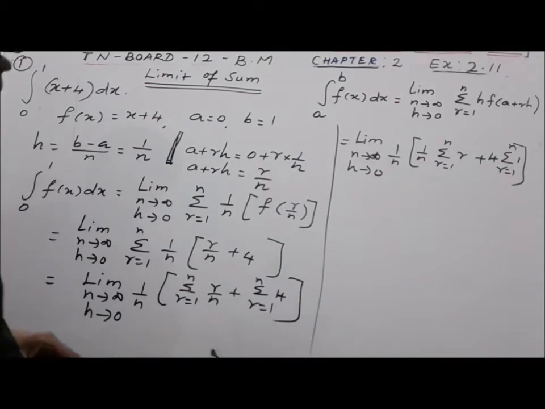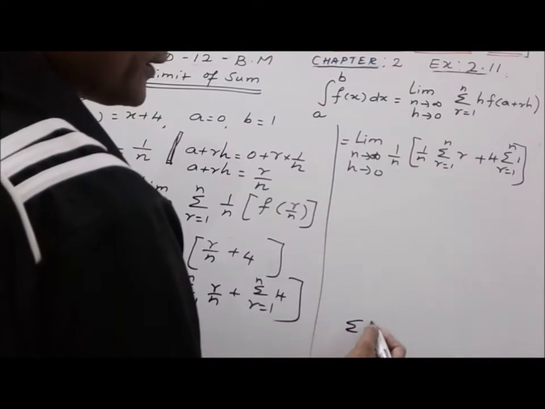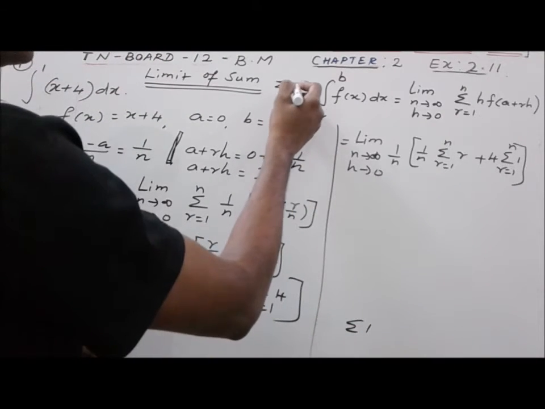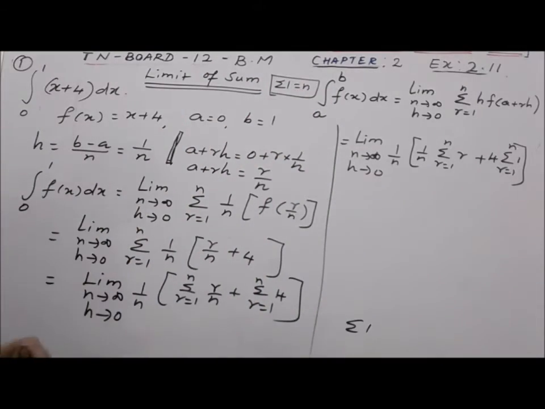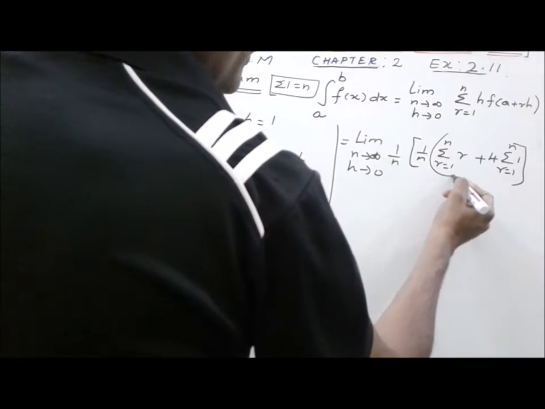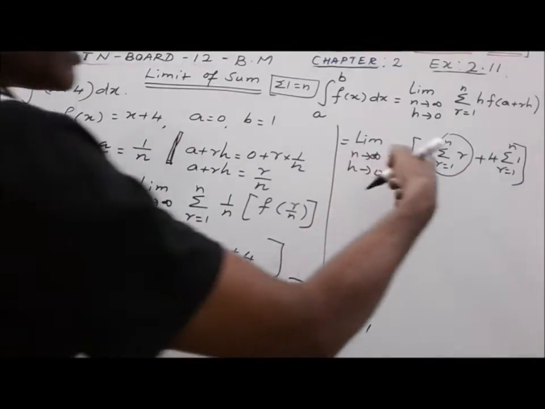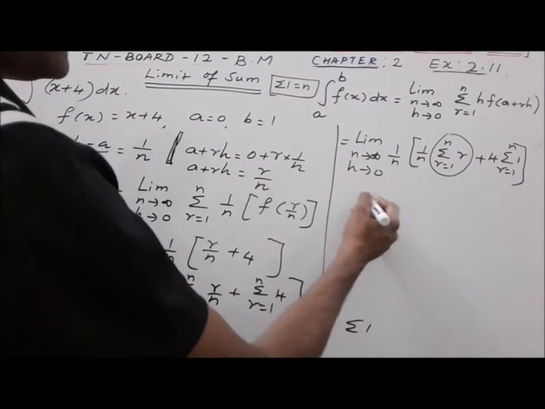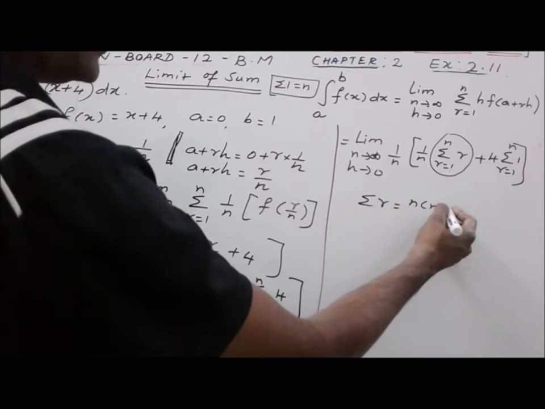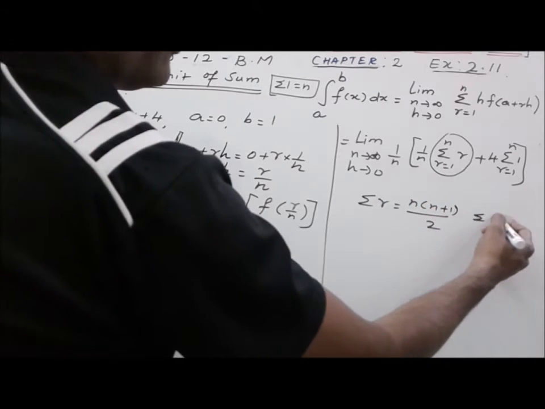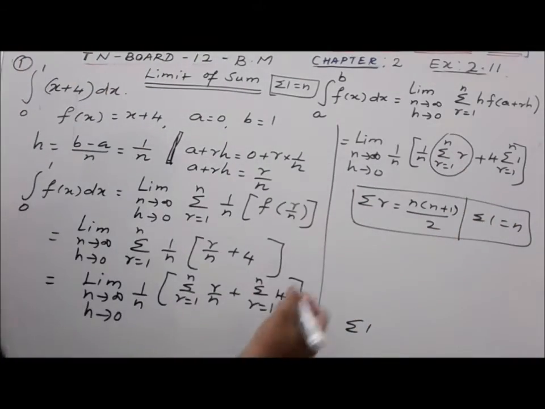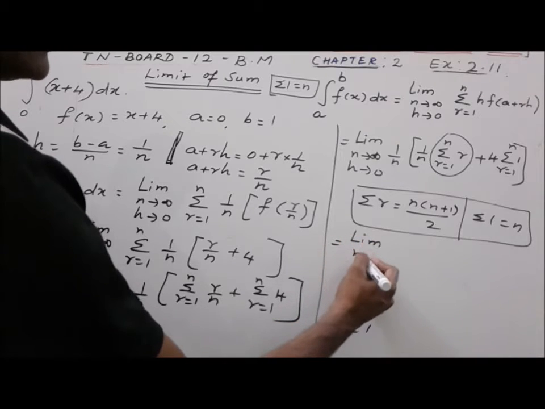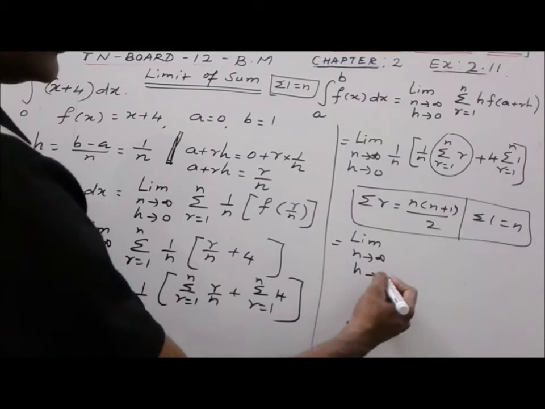We have the formula sum of 1 equal to n. N times adding 1, that is n. So sum of 1 equal to n. Here substituting sum of r equal to 1 to n r as n into n plus 1 by 2. We have the formula sum of r equal to n into n plus 1 by 2 and sum of 1 equal to n. Substituting these two formulas, here we will get limit n tend to infinity h tend to 0, 1